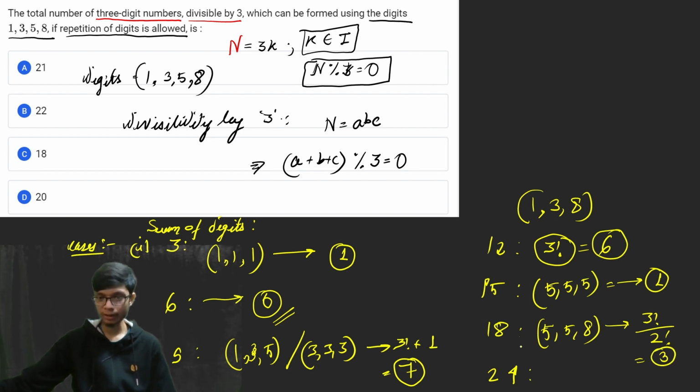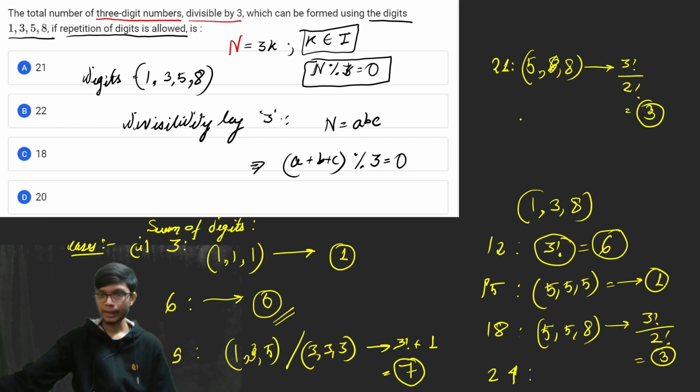And similarly moving forward, there can also be a situation when the sum of the digits is equal to 21. So you can definitely look for 21 as well, because 21 can be formed by 5 and 16, that is 8 and 8. So there is also a case when the sum of the digits is equal to 21, but this will correspond to the total number of cases, that is 3 factorial by 2 factorial, and that is again equal to